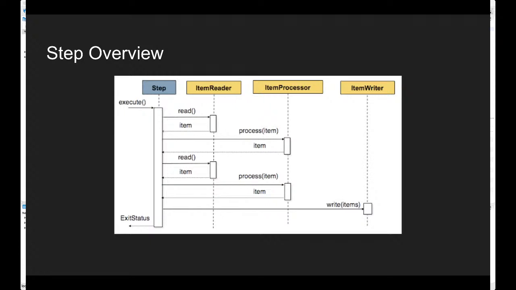I like this because it gives you the support of multi-threading. You can process the data in chunks as well, and you can use multi-threading as well. Let's say we want to process 10 records: we read and process, read and process, read and process, and then in the end we deal with that chunk for the writer part. All that chunk would be sent to the writer section, and similarly then it will read again, then process and then write, and like that it will be a cycle. Okay, so this is a step overview.